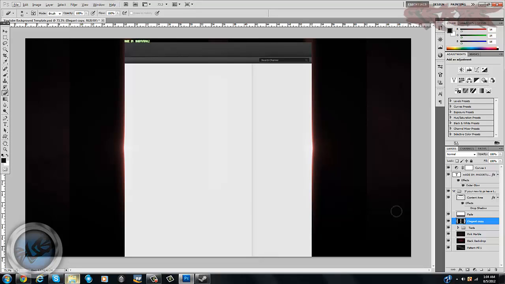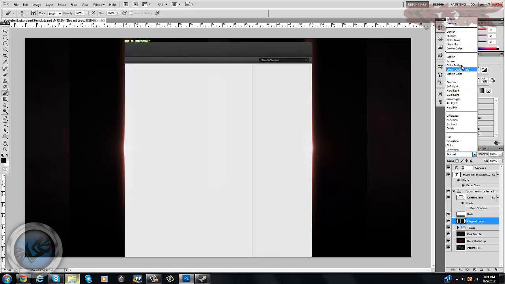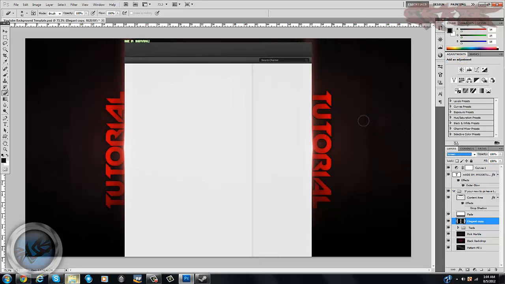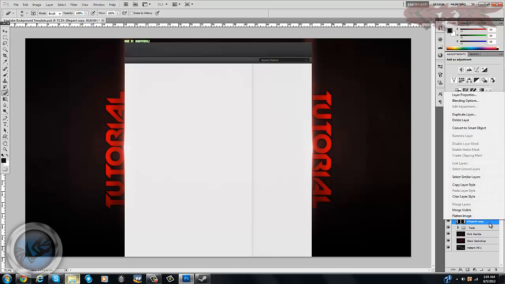Oh yeah, we gotta change the blend mode back to screen, and what it will do now is give you a good effect like we just had, but now if you do something on this side, it should have done it to that side. But here, let's see. It doesn't look like it's gonna do it, so